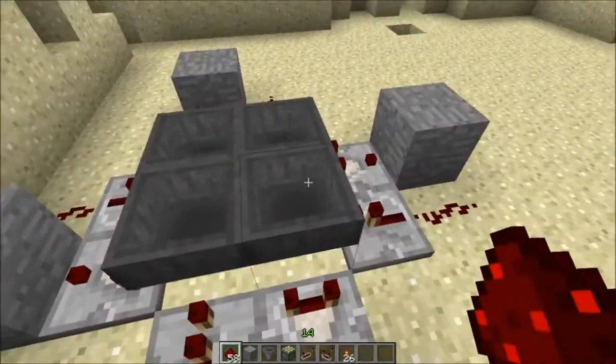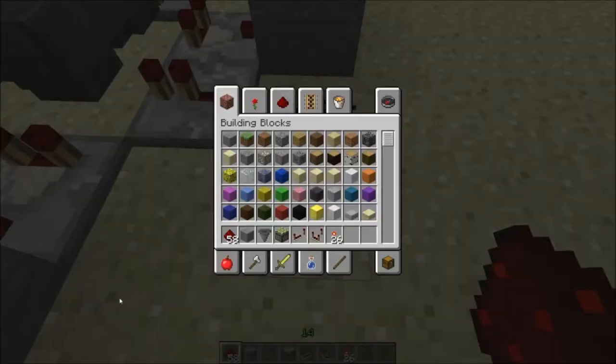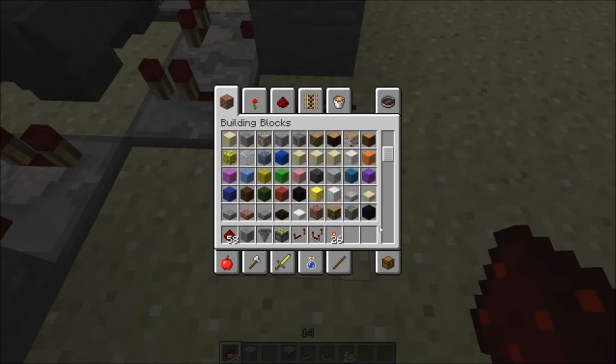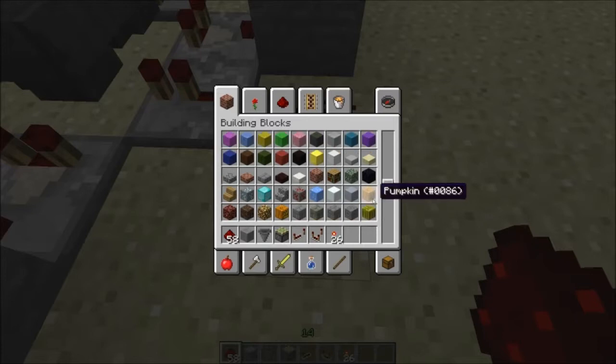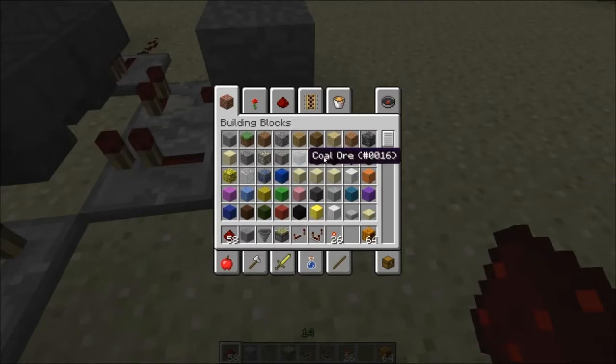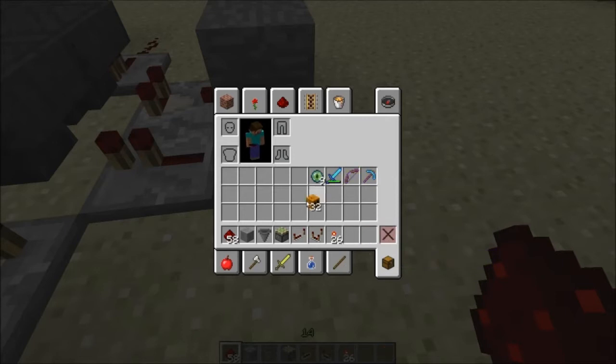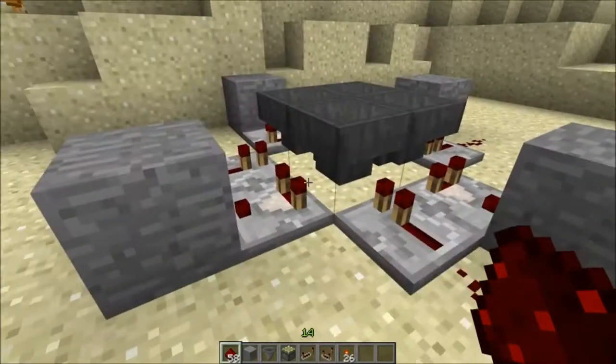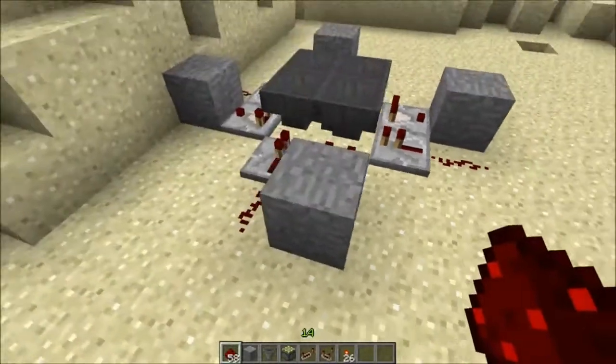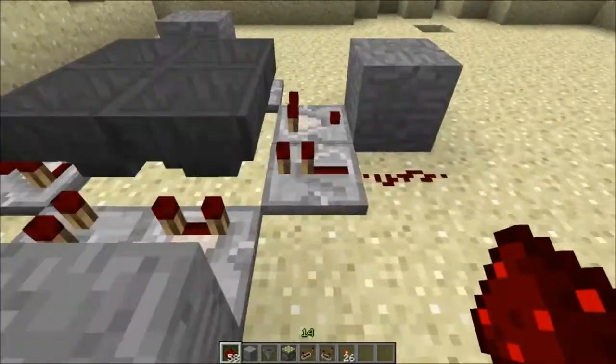So now I can start filling this up now and start going, and I'll put, why not just put what's really cheap? I don't know, pumpkins. They're not cheap, but I like them. I think they're kind of cool. So we'll put 32 pumpkins there. We'll have those for later, so I'm prepared for that. Okay, now the input is going to be